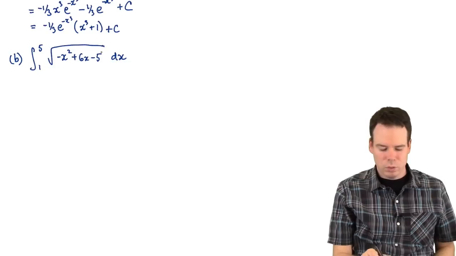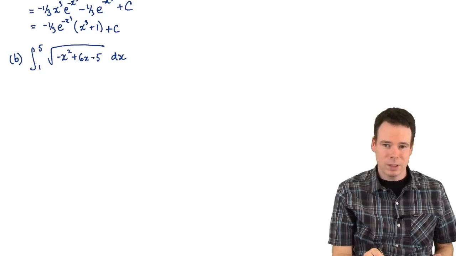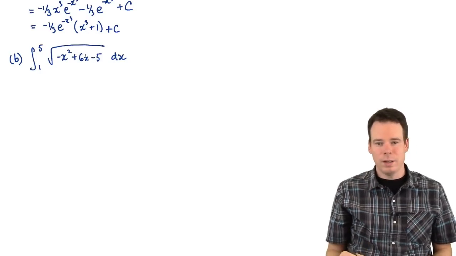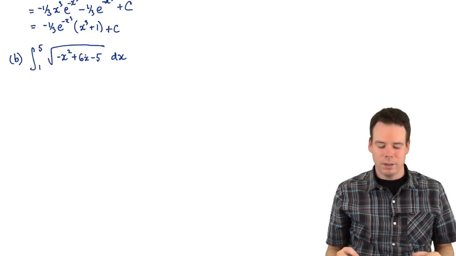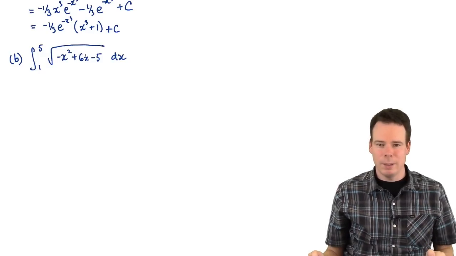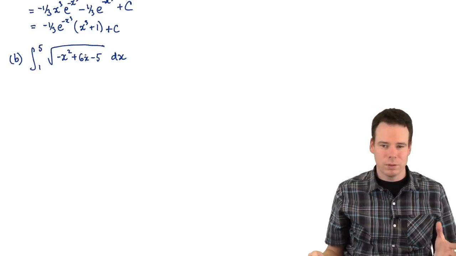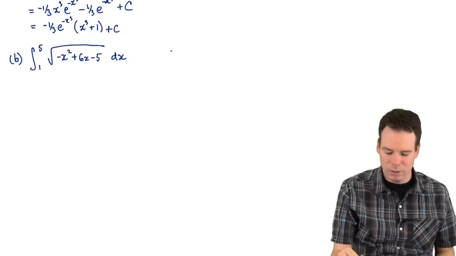Well, it looks like the square root of a quadratic. If I complete the square of the quadratic, I could write what's under the square root sign as something squared plus a constant, so like maybe a u squared plus a, and then maybe I could use trig substitution like sine. So that's my hope, is maybe complete the square of what's under the root sign. So let's note that